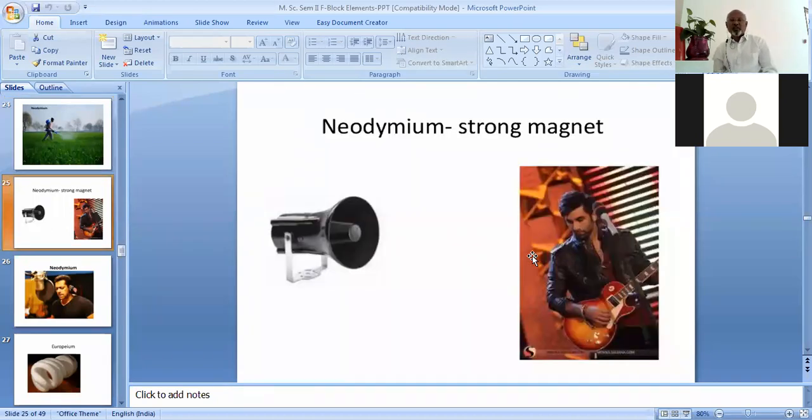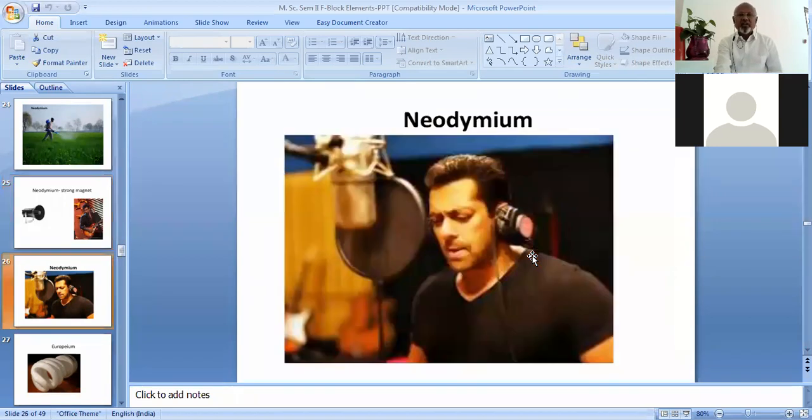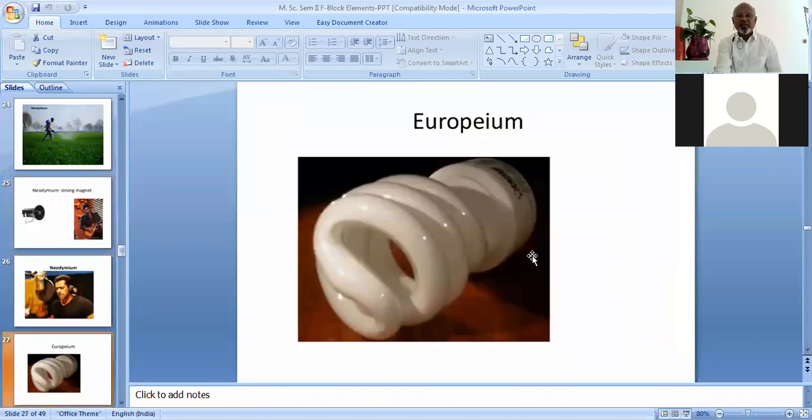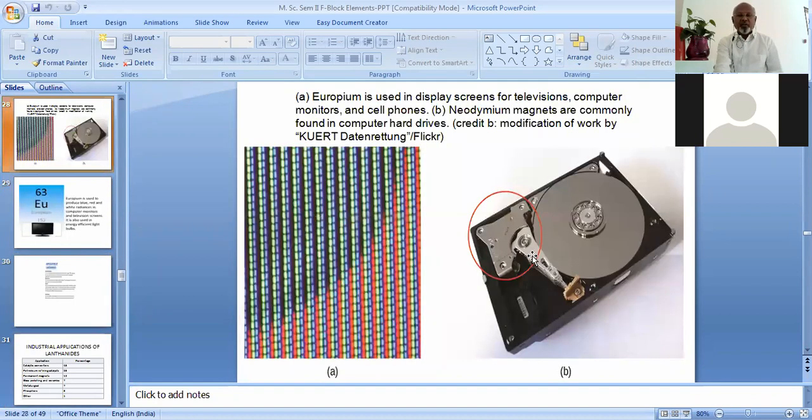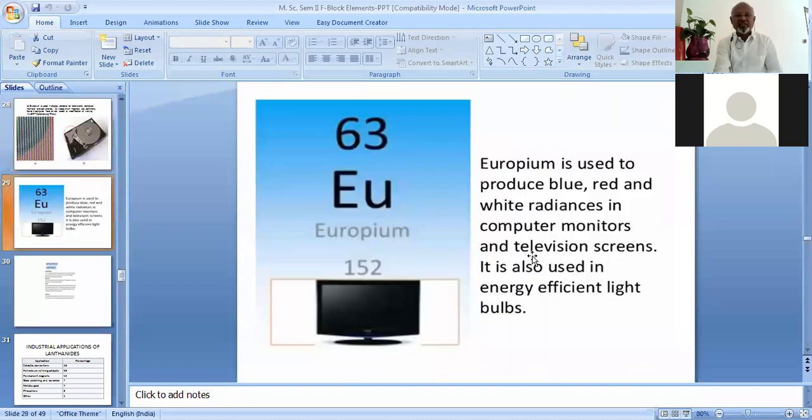Neodymium is also used as a strong magnet, where audio visual aids are used. This is again audio. Then europium is used in LED bulbs, which gives glow. Europium is also used in computer hard disks. In addition to which, neodymium is used in almost all the electronic devices, such as this desktop.